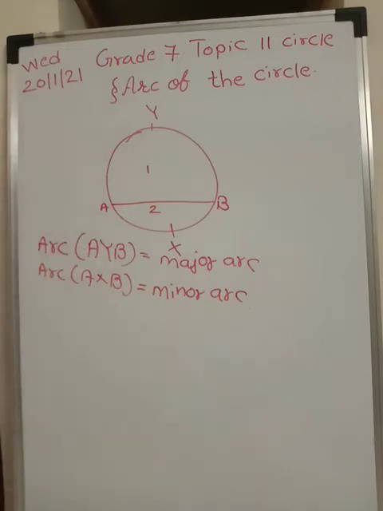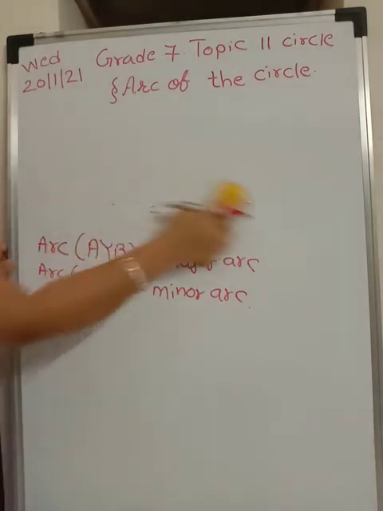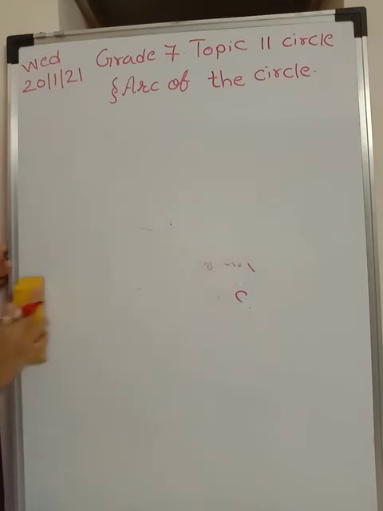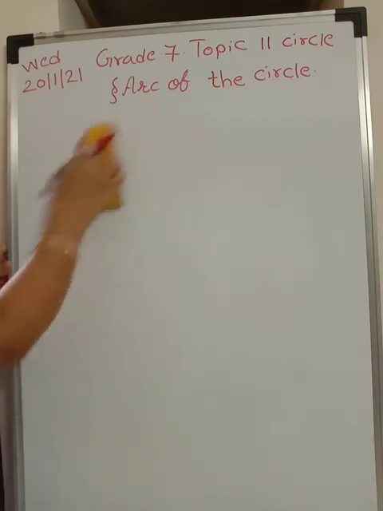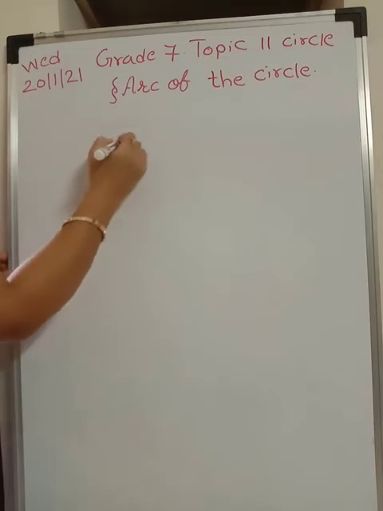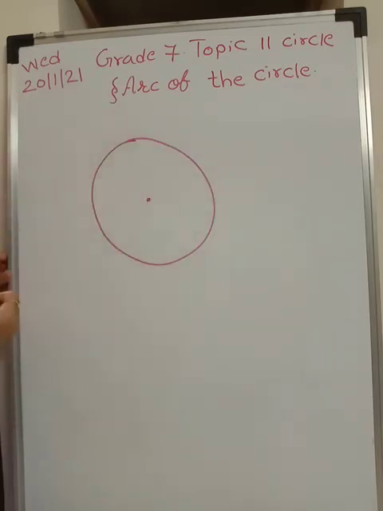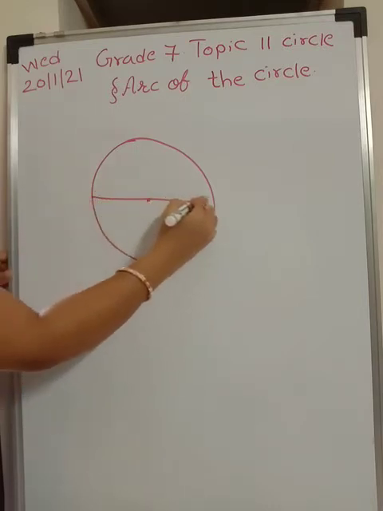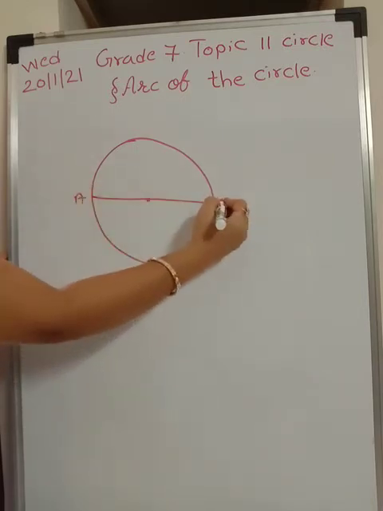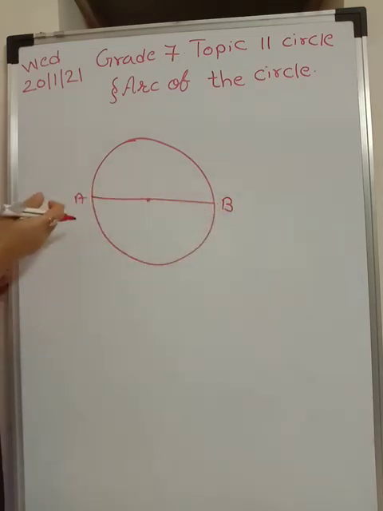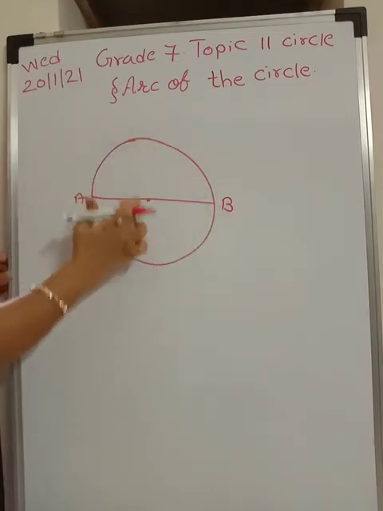Now one more thing which we can get through this is, for example, I'm drawing one more circle over here. These are all concepts related to arcs. You need to understand this before we go to solve the exercise. For example, if this is a circle and this is the center of the circle, if I draw a chord which is passing through the center, it is no more just a chord and we call it a diameter. Now if AB is a diameter, it is going to divide this circle into 2 equal parts.